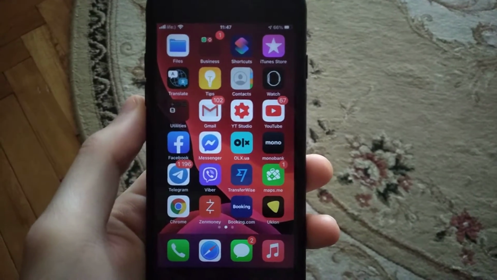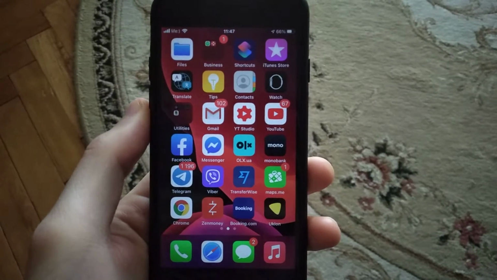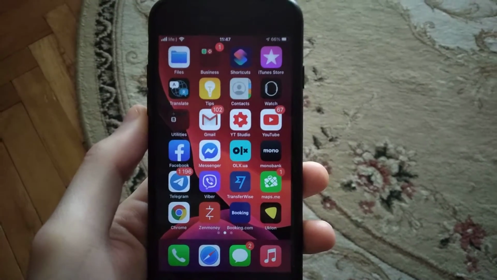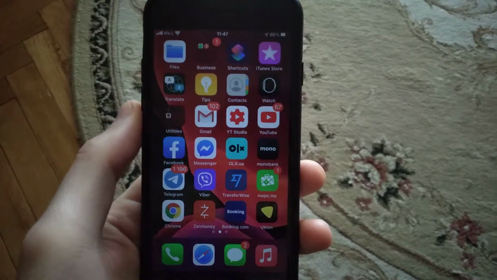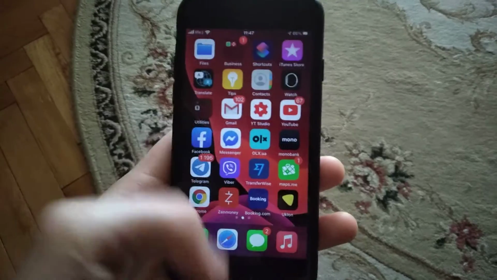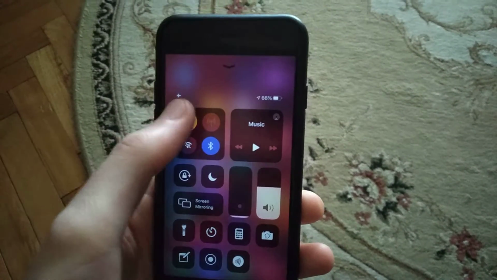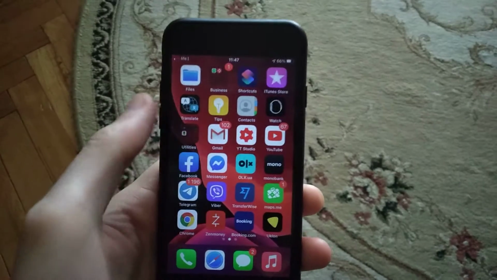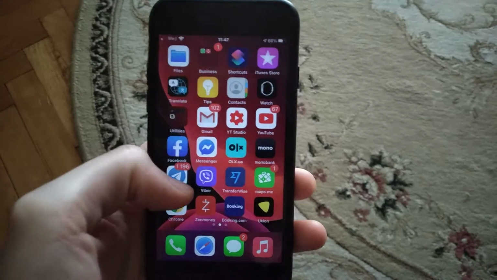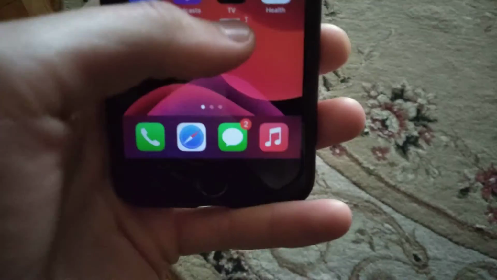So if you try to play a video and you can't, here is how you can fix it. For fixing it, the first thing you need to try is to swipe up and turn on airplane mode, wait a few seconds and turn it off. After you do it, try to open the settings,